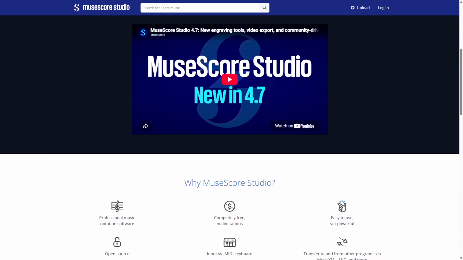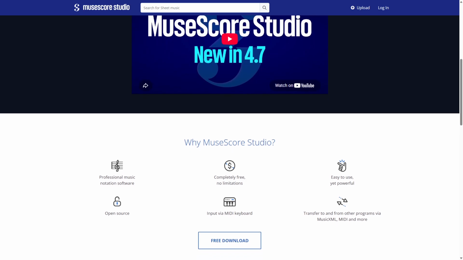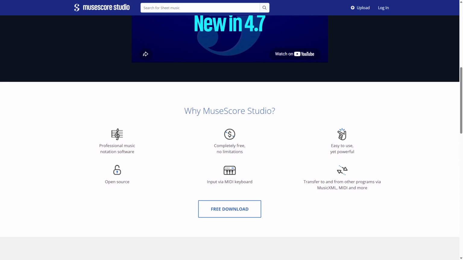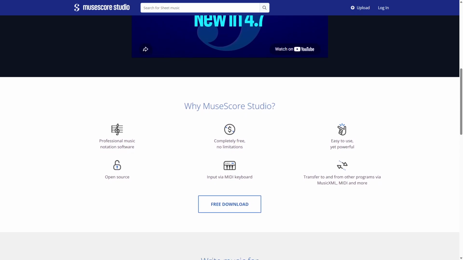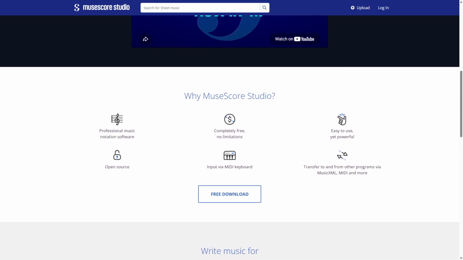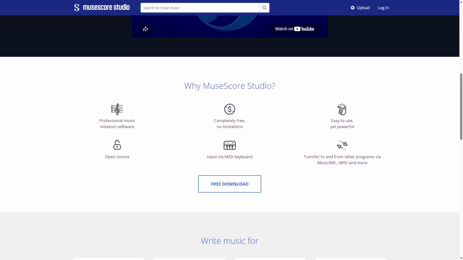Users can export scores in various formats including PDF, MIDI, and MusicXML. However, its built-in playback, while useful for review, can sound synthetic and lacks the nuance of live instruments. MuseScore is ideal for composers, educators, and students who want a comprehensive notation tool without extra costs and are comfortable